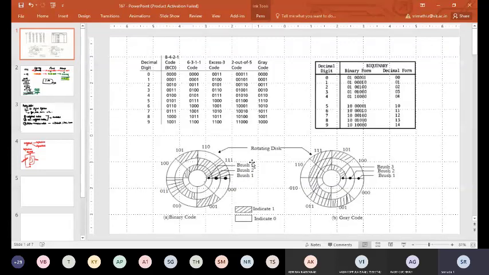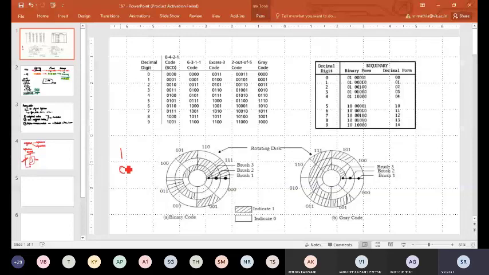If the brush is on the black or the shaded portion, the brush will read that portion as 1. If the brush is in the white portion, then that data will be read as 0. And keep in mind, all the 3 brushes have to move